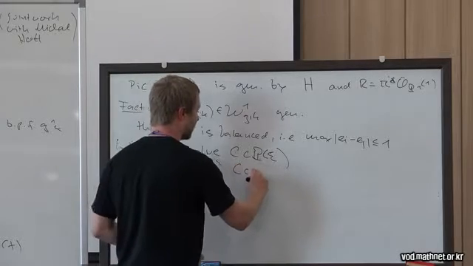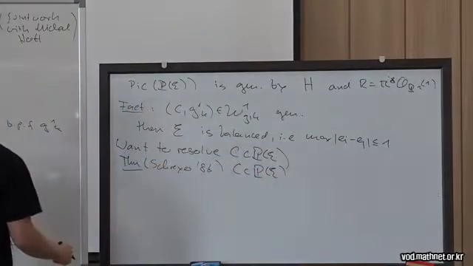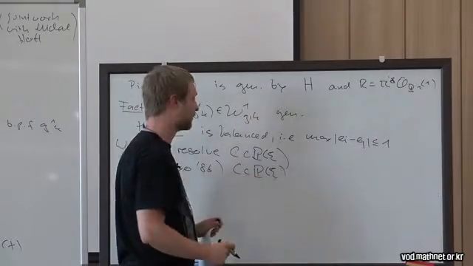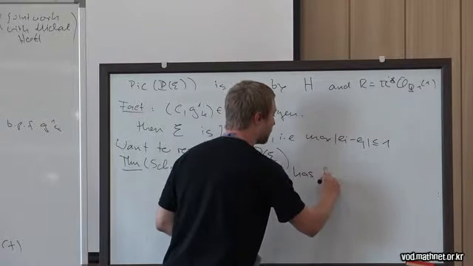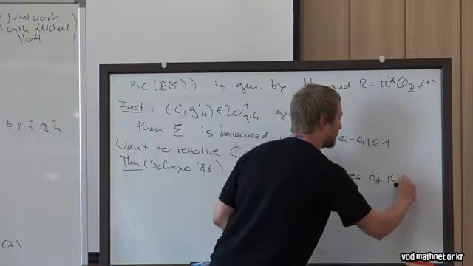So C inside PE, so the setting is as before. I have a curve C canonically embedded with a base point free G^1_k. And this guy here is associated to this G^1_k. And this has a free resolution